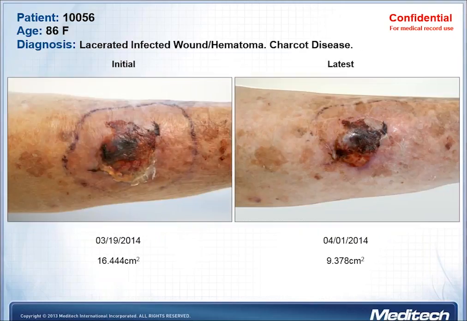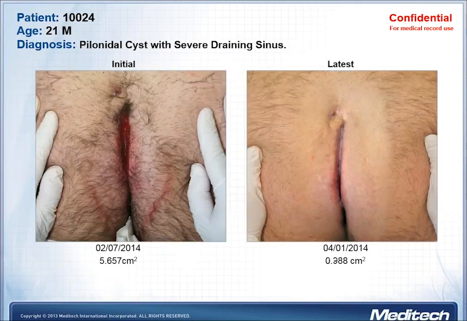Lacerated infected wound with hematoma in an 86-year-old female patient with Charcot disease. Very challenging patients to deal with. Nevertheless, she responded very well to the laser stimulation, and that lesion was healed completely. And then I've had this quite unusual kind of case,